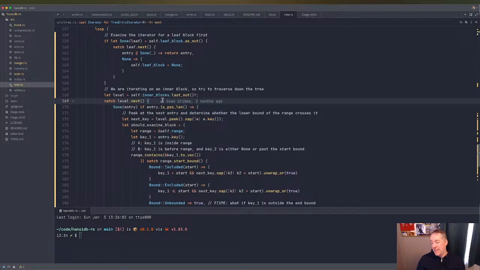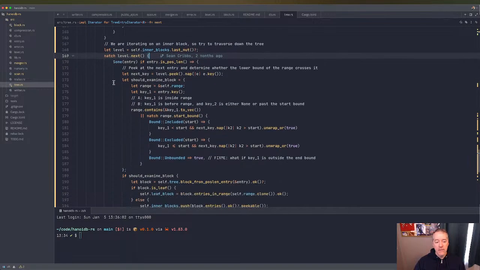Now, maybe this is an enhancement we should make to the file format. It would actually be a pretty simple change to make, and it would be very impactful. But we don't have that right now, so we're trying to make up for that by, if we're on an inner block,